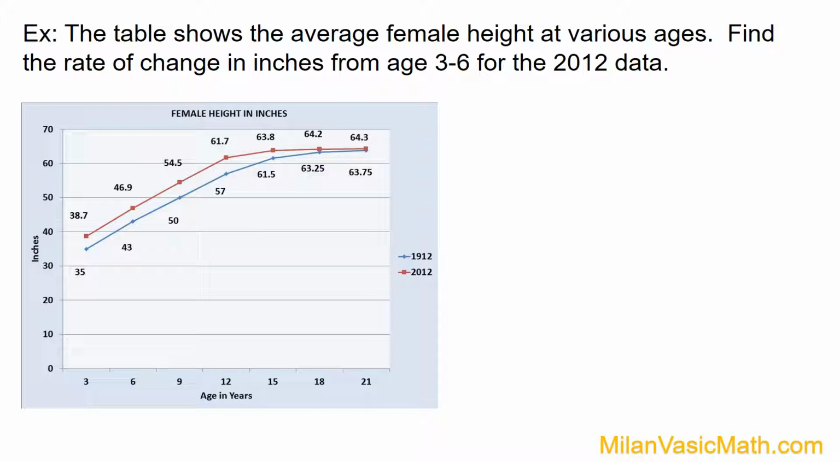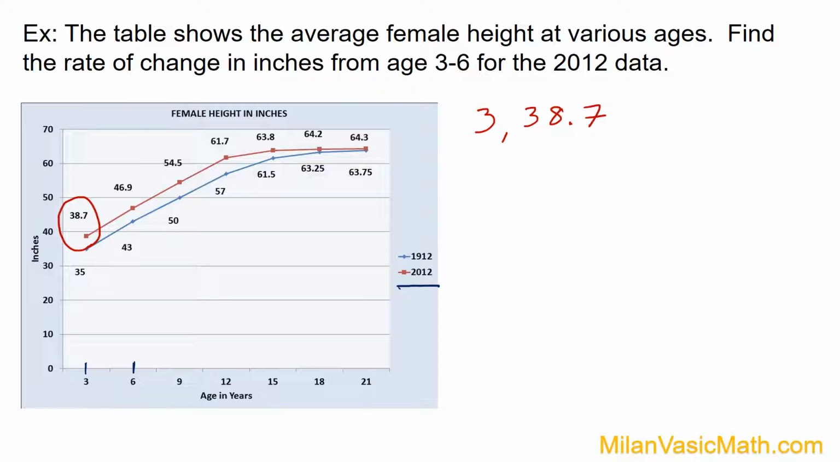The table shows the average female height at various ages. Find the rate of change in inches from age 3 to 6 for the 2012 data. So this data over here. All right, which means we're looking at the line above at age 3 and age 6. So over there. All right, we should write those ordered pairs. So at age 3, looking at this number here, it's